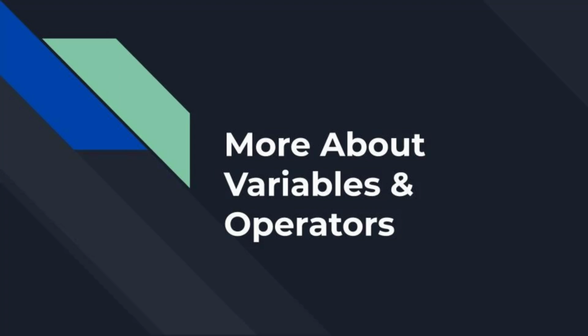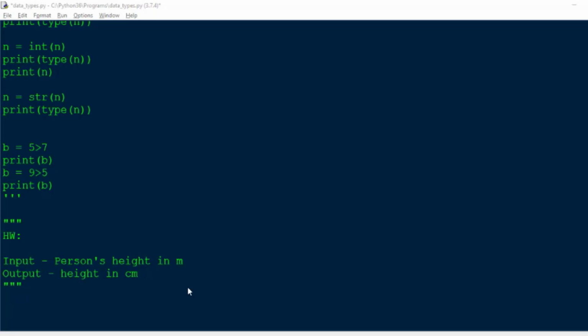So now let's go back to the program file. Let us solve the homework which I had given yesterday. First we want to take an input as the person's height in meters. So I'll create a variable, let's call it m, and this should be an input. I'll ask the user to enter his or her height. So, enter your height,